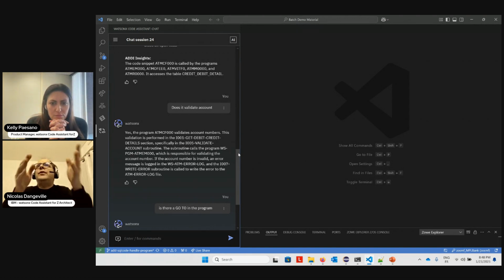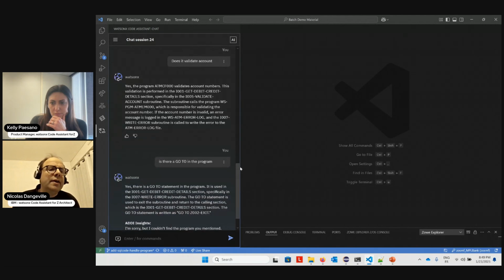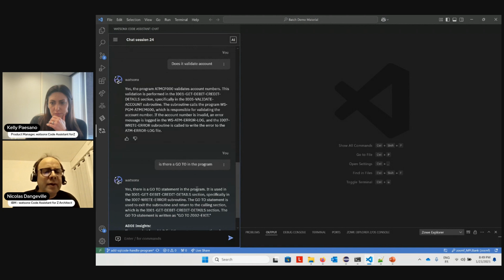And GoTo disrupts the execution tree that you would expect with a modern language. So I'm going to ask the chat, should I expect to find a GoTo in this application and in this program? And of course, you can bet the answer is yes, because I want to make a point about GoTo in my demo. So I've got enough context here.